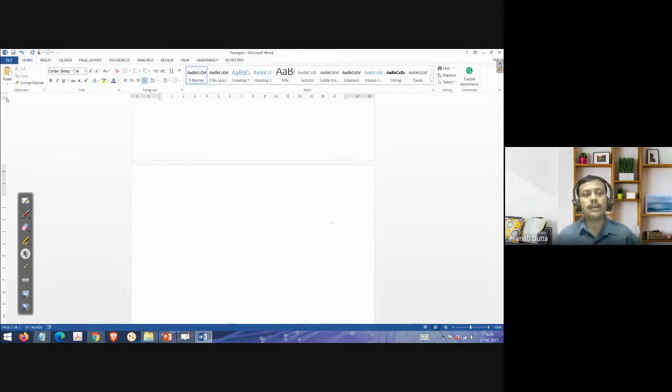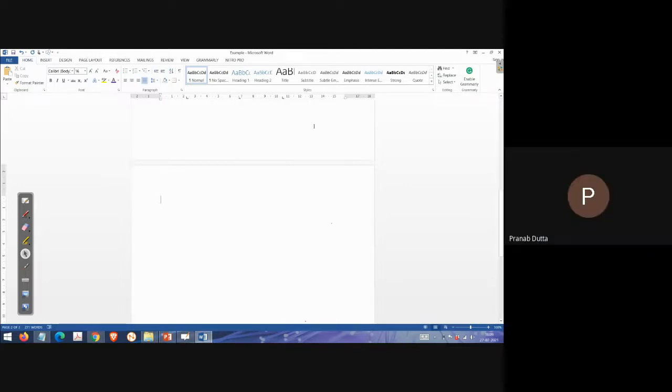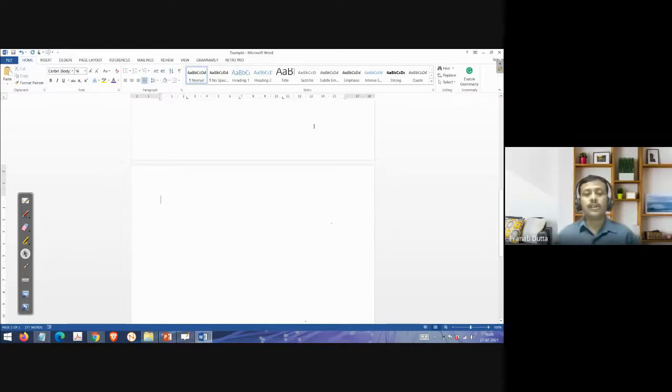I'm putting it in the left portion. Now where do I want the tab? Here, here, and here. That normally helps when you are making a tabular form in Word, right? Now just press the tab button on your keyboard. Suppose I write down name, then tab. See, there is a gap because I have put a left tab there. So I'll write down the name, then college, then state.